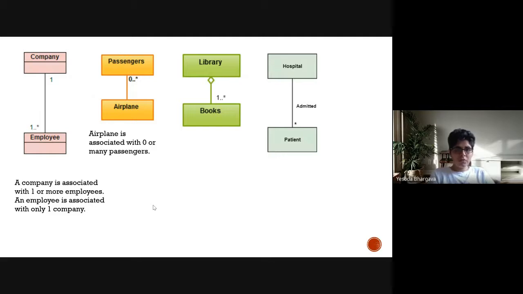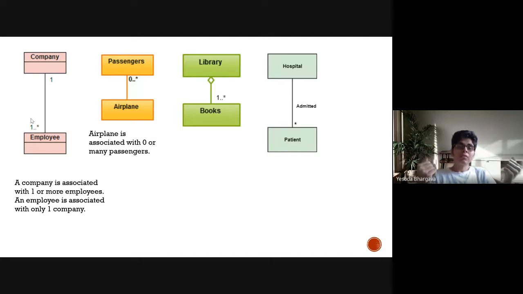So a few more examples to help you understand the concept of multiplicity. Suppose this is a company class and this is an employee class. First your understanding of the relationship between company and employee has to occur, then only you can add the multiplicity value. It's not that first you add the multiplicity value and then understand the relationship between the two classes. You first have two classes, then you identify the nature of the relationship. After you have identified the nature of the relationship, then you go one level down and try to understand what a company is and what really is the relationship of an employee with a company.